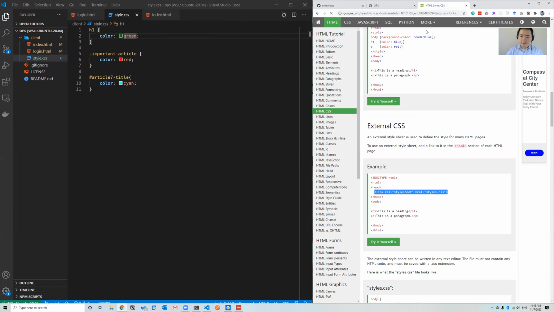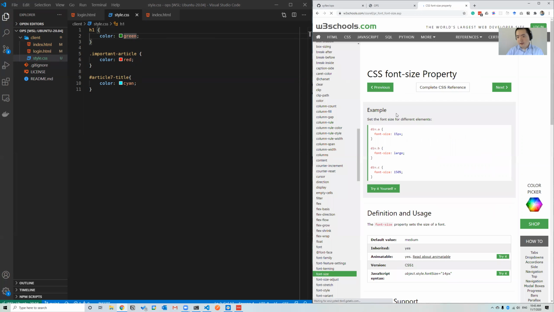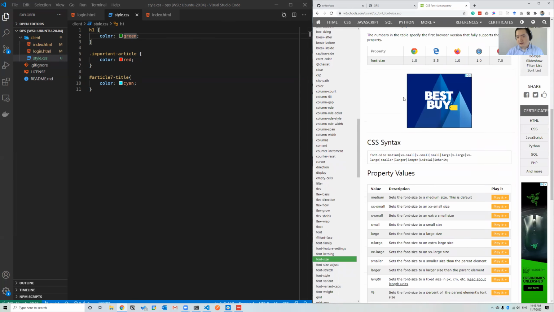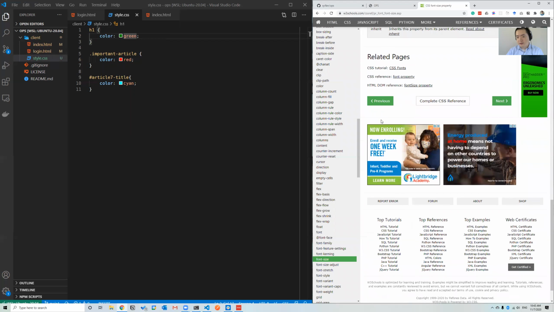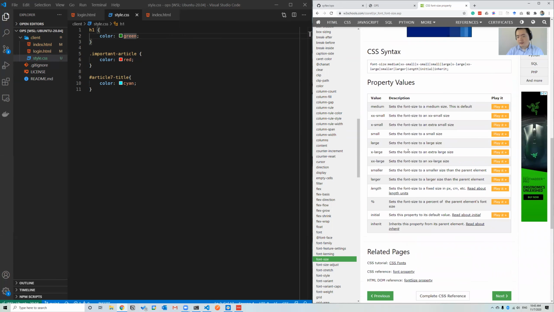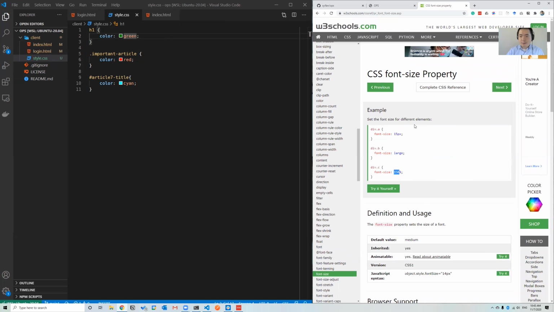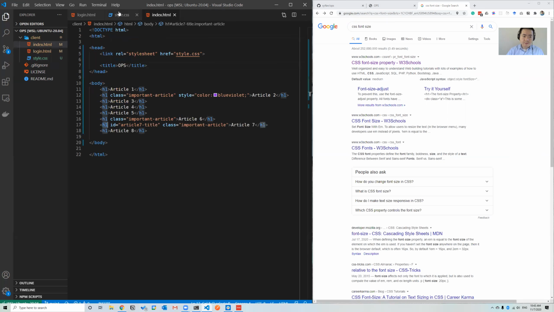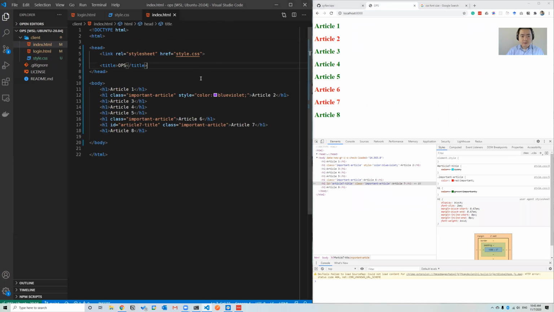Say, font size. You see the font size, you just look at examples: you can use how many pixels, large, 150%, and you can see there are different options you can select. So the basic rule is whenever you want to find something, search for it. You don't need to remember everything. There's no way you can remember everything. And I'm not going to take time to introduce all of them. So I'm going to talk about something even more important, that is the